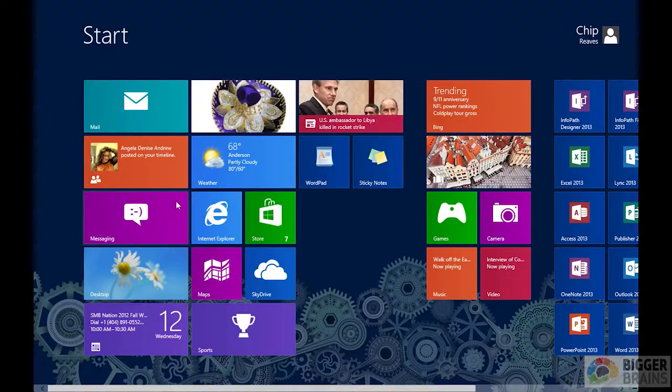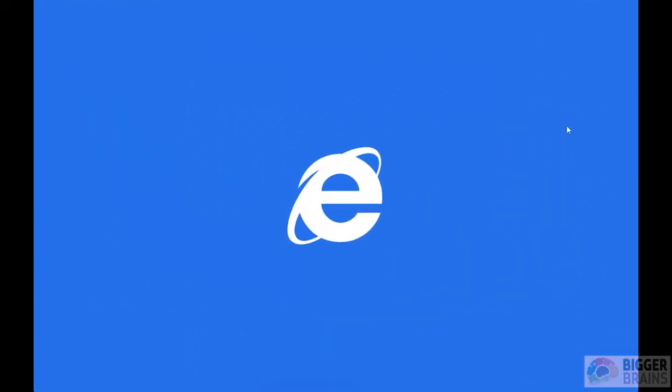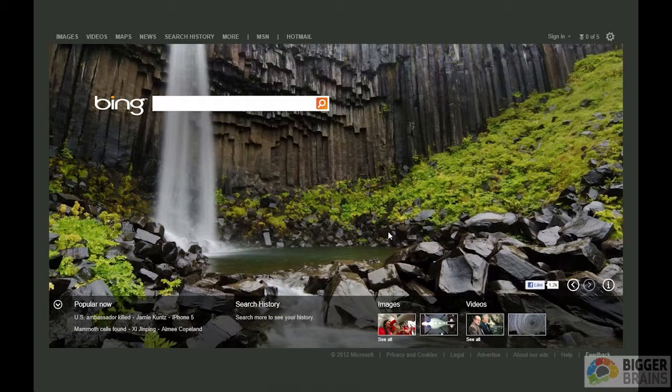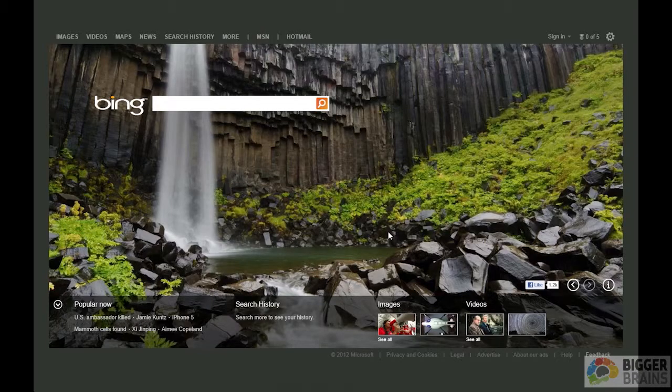If I click on Internet Explorer here, what I get is a web browser that's very much like the traditional Internet Explorer, but it's in a Windows app style. So there's no menus apart from what's on the web page itself. Wow. If I wanted to type in a website to go somewhere else, I have to know how to do it. Right-clicking with my mouse on any open spot on the screen,